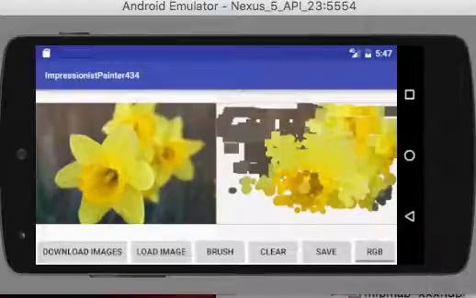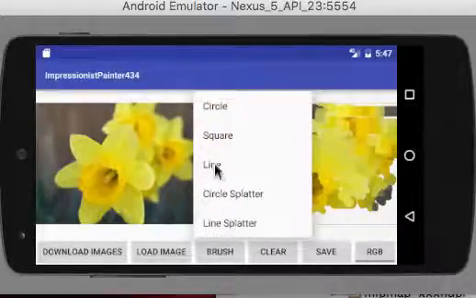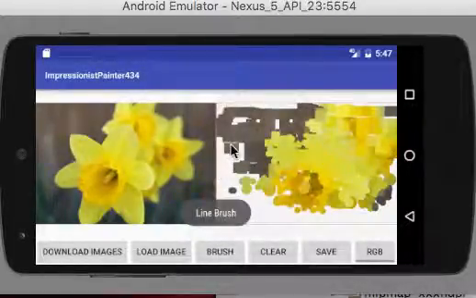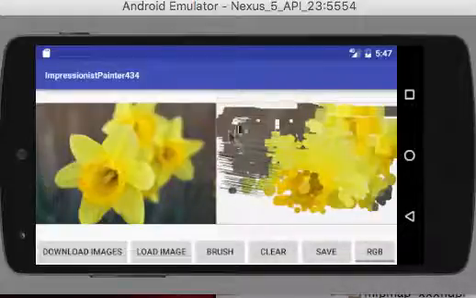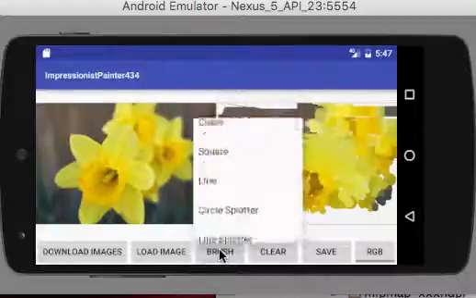And then the next brush I implemented was the line type. The line type is not like the square and the circle, so it's not dynamic. It doesn't change based on velocity. It just draws really thin lines. It's really good for precision and gives it a different look, a real impressionistic look. So we can draw in some of the background with this line tool, which is pretty cool. Okay, so then we can stop there, and then we can go back to the circle,